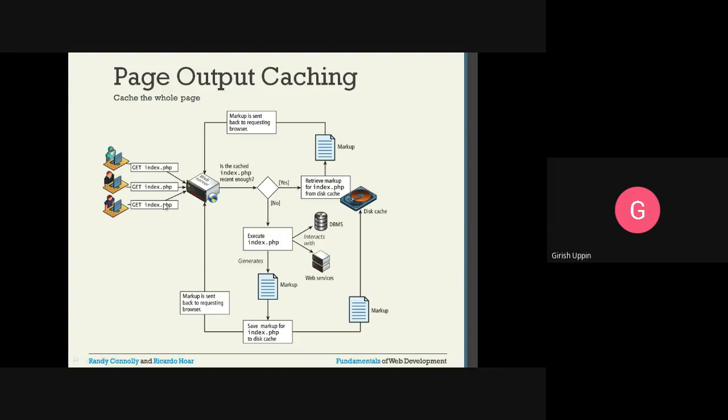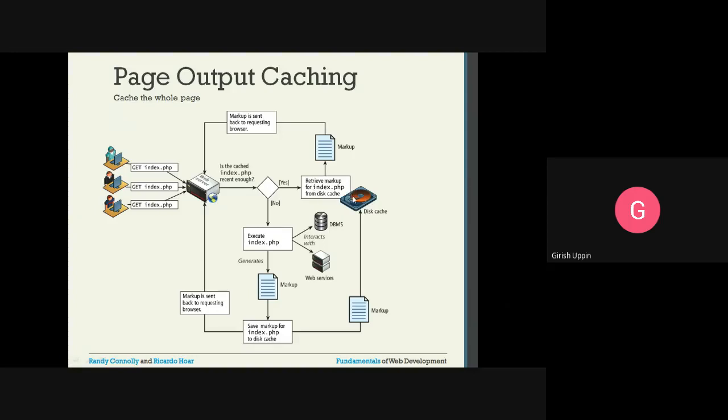Let us say there is one more request coming in; then that will be served from this. For example, I get the request from this user. Let us say it is not recent enough. We compile it, then the markup is given to this particular browser and also saved on the disk. Now I get this request. Now I'm going to check, is it recent?